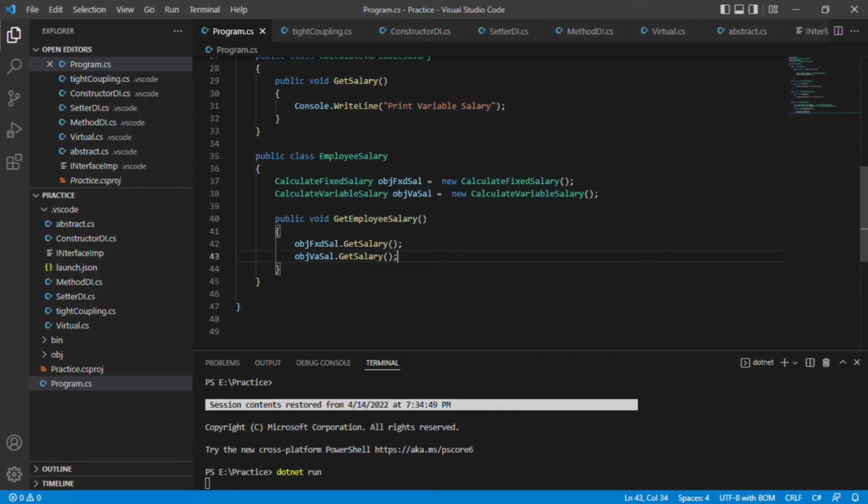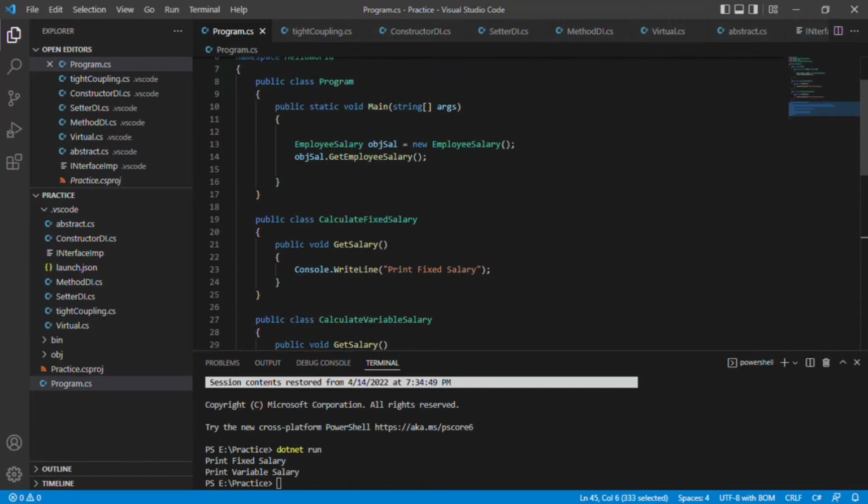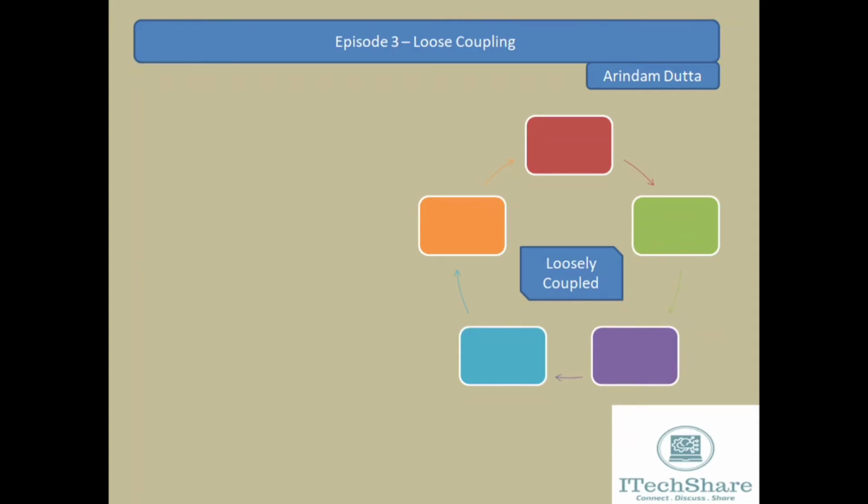Here in this employee salary class, you can see I am creating two objects from calculate fixed salary and calculate variable salary class directly, which is being used under method get employee salary. So that means all these things are very tightly coupled. To get the get employee salary, you need to pass both the class methods. So as a whole, we can see employee salary class is highly dependent on calculate fixed salary and calculate variable salary. This is the example of tight coupling,